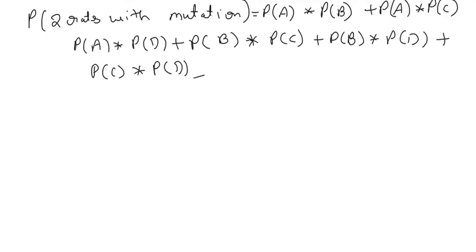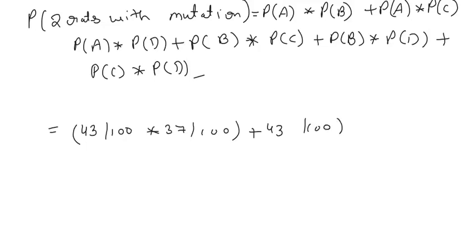So here we are putting values together. 43 by 100 into 37 by 100 plus 43 by 100 in multiplication with 37 by 100